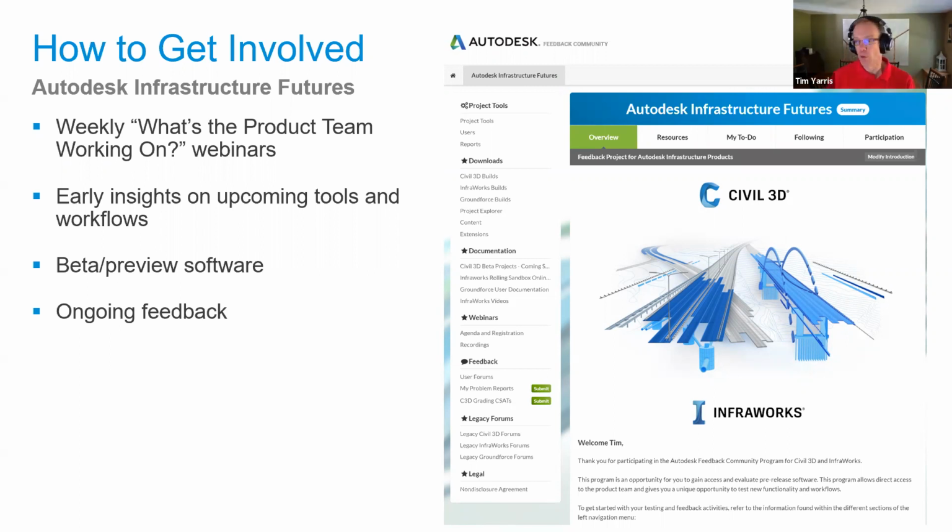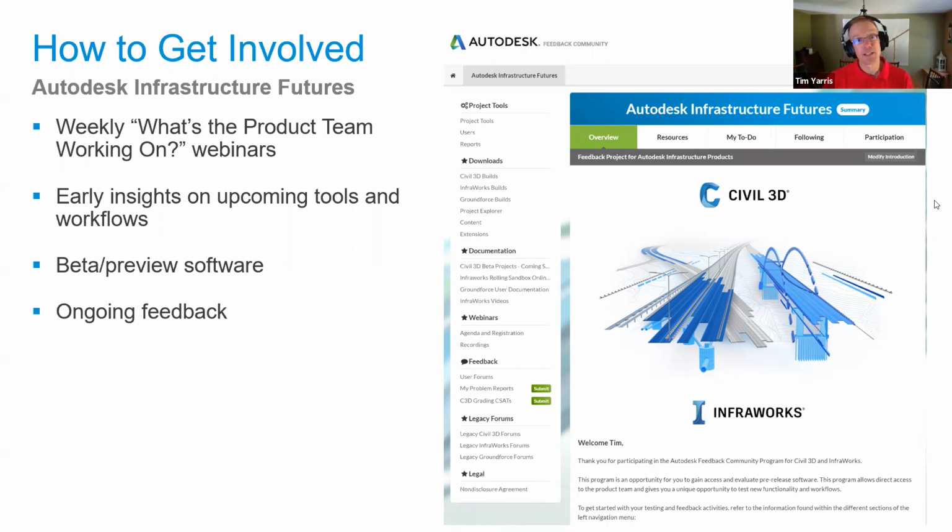And one of them up there will be this Autodesk Infrastructure Futures, that's ours. There are portals up there for Inventor, Revit, AutoCAD, you name it. There's a whole bunch of different opportunities up there that you can get involved with. So it's all under non-disclosure. So anything that you share up there, we can't talk about publicly and vice versa. But yeah, great way to get involved with all the product teams.